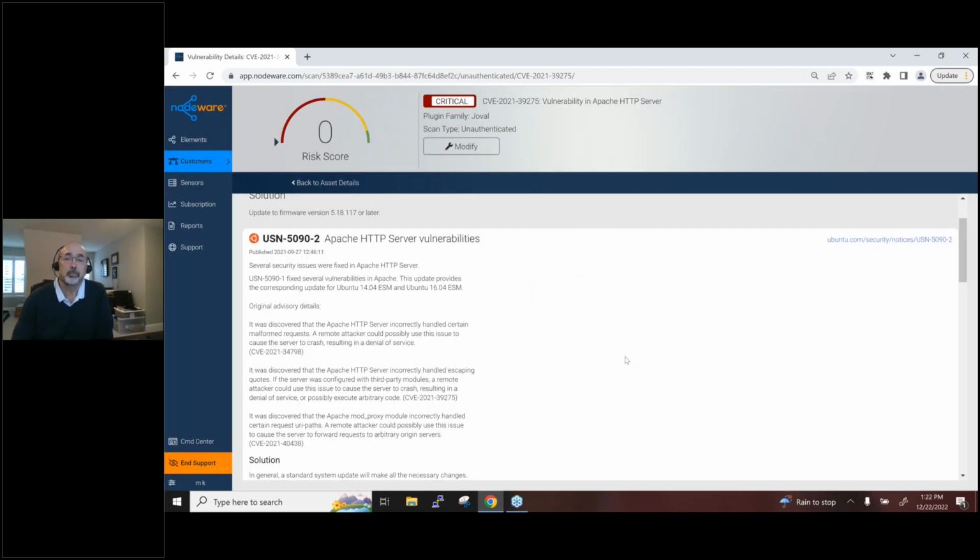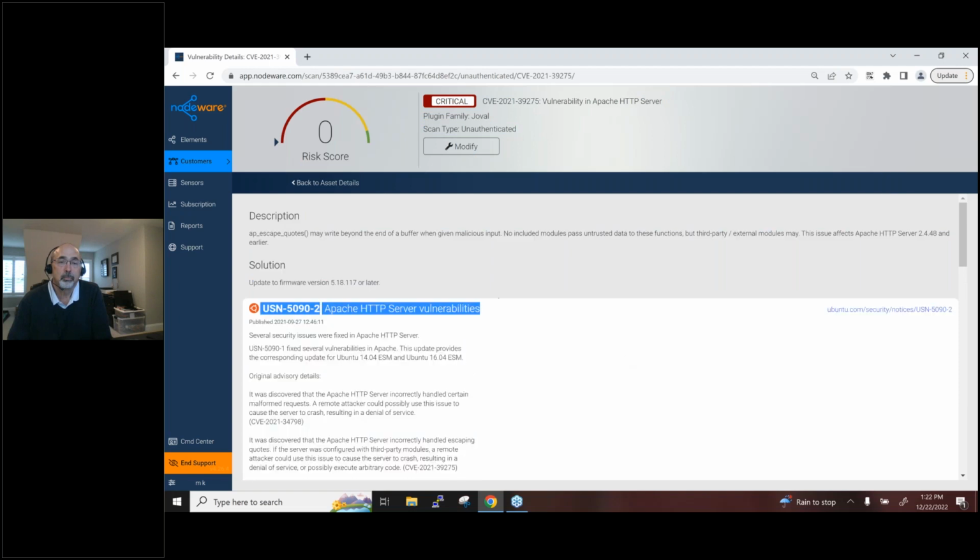For a period of 6 months, the 0 score will be removed from my overall customer score. After that 6 months expires, it will be released back and start to report on that vulnerability again. So you're basically accepting a risk for a period of time, or you can say never, and it will always ignore that vulnerability in the future for that customer.